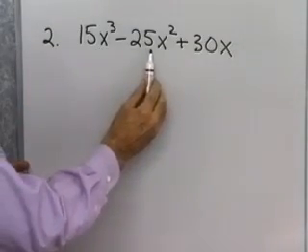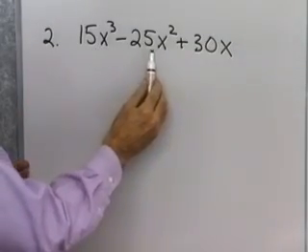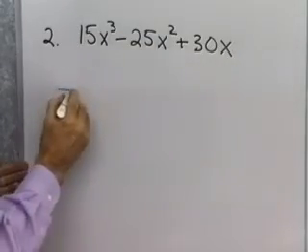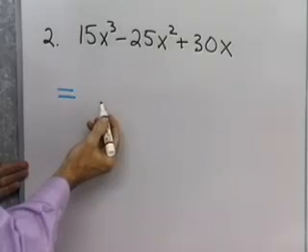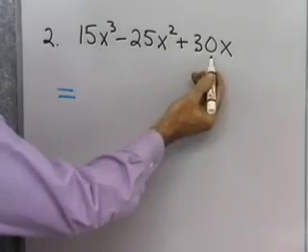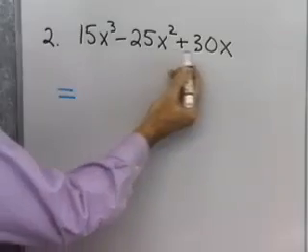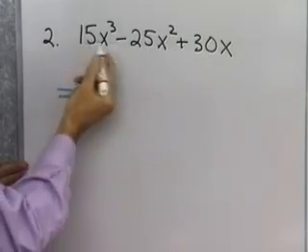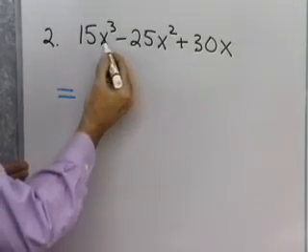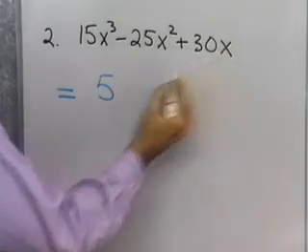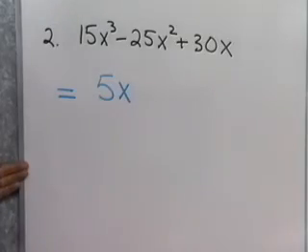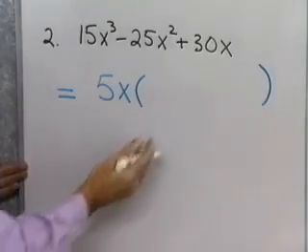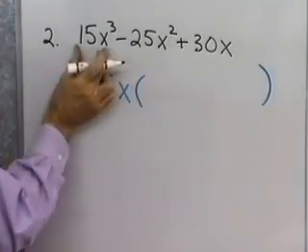Next, 15x cubed minus 25x squared plus 30x. I want to find the greatest common factor for each of these 3 terms. It's the largest monomial I can find that divides each of the 3 terms. Well, 15, 25, and 30 are all divisible by 5. That's the largest number that divides all 3 of those. And with x cubed, x squared, and x, the highest power of x that divides all of those is just x. So I want to factor 5x outside